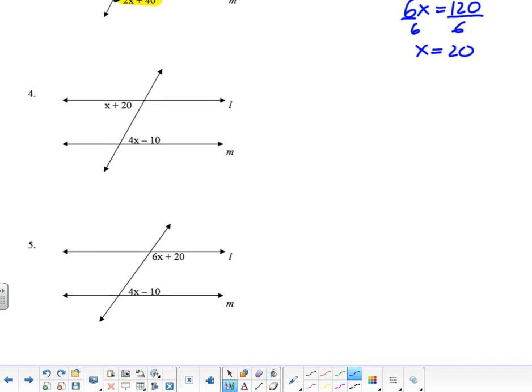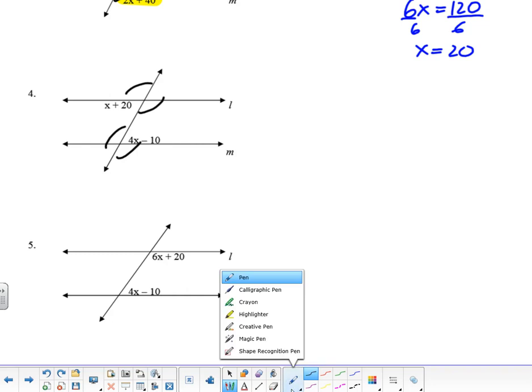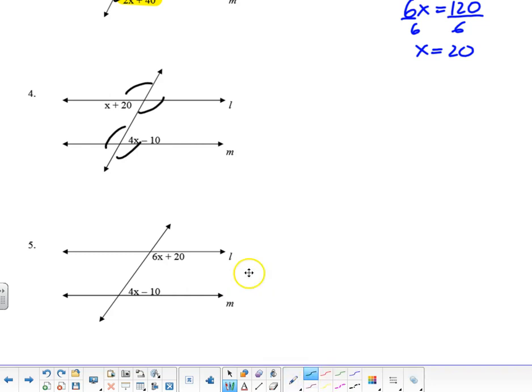So let's do the last couple here. So again, here we go. Pick one of them. Vertical angles, alternate interior. What are we left with? Well, we're left with two angles that don't have markings. That means they're going to be equal to each other, and it would be helpful for us to recognize as well that these are alternate interior angles. And like they said, if the lines are parallel and cut by a transversal, then these angles